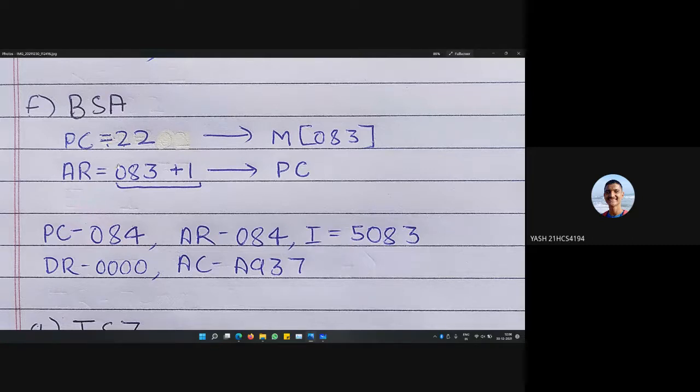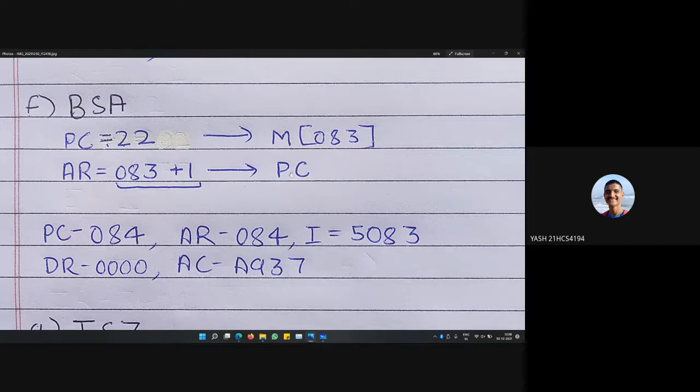Now we will increment the value of the address register by 1 and send it to the program counter, so that we can jump to the data at this address. The address register value is stored to the program counter, and the address register value has also been incremented to 84.